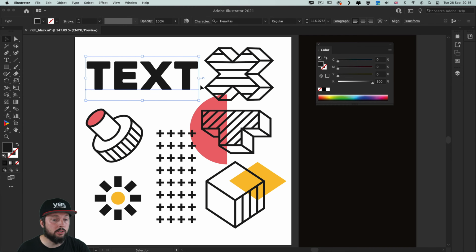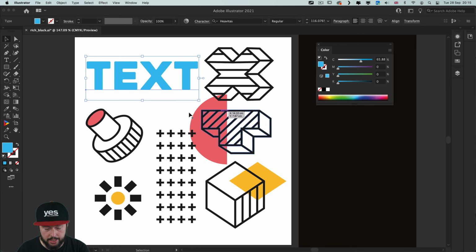So we are here in Illustrator and I have my color palette on the right. And for this text, for instance, I would like to use a color like this. Or maybe we can use the eyedropper and pick up one of these other colors. Now you can see that these values are needed to recreate that color in print. But since none of these are at 100%, you are risking, again, creating fuzzy text in print. But of course, if the selected text is a big title, so it's large enough, it will be less likely